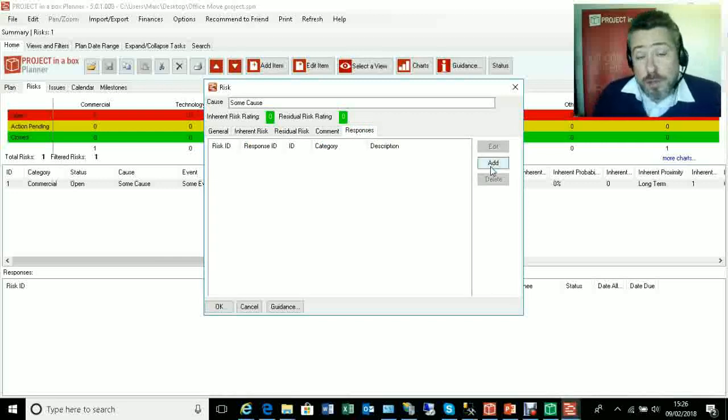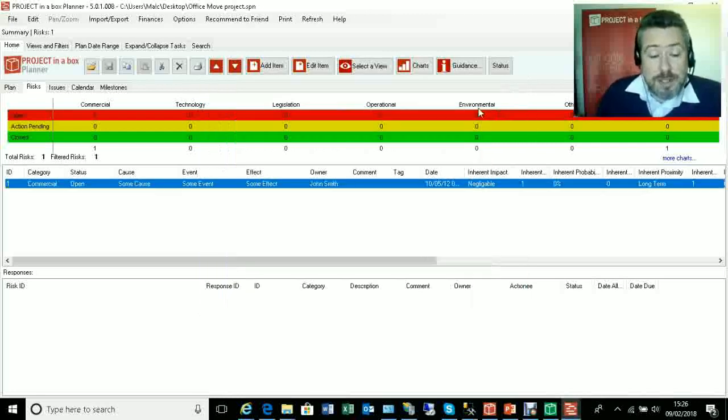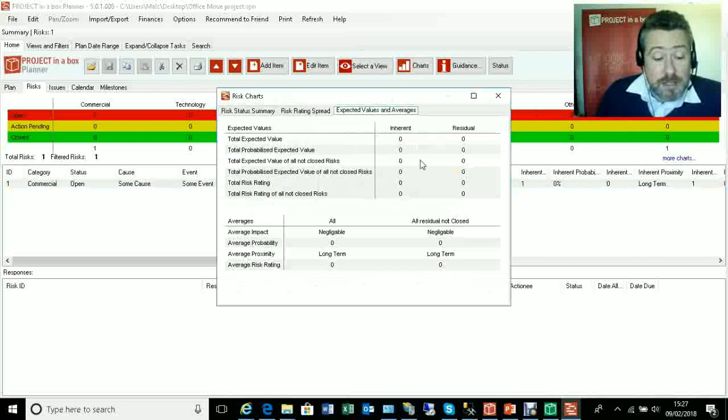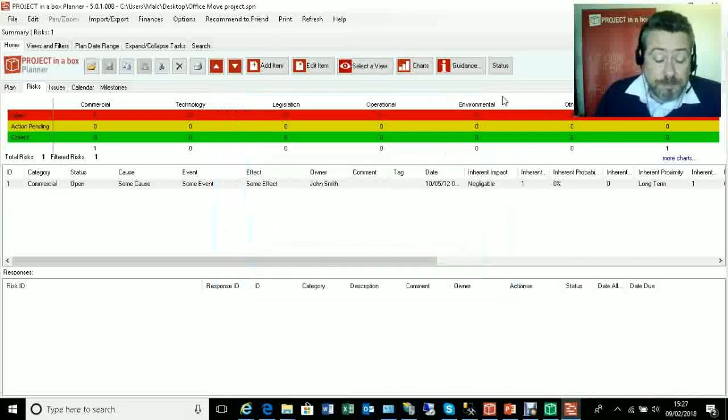So here you might have a multiple set of responses because a risk has a number of different aspects to it and a number of ways that you might address it, and each one of those is held as a different response. So it allows you to be a bit more granular about how you're dealing with the risks. And of course, if you're scoring and financing all that, it allows you to do a bit more of a detailed analysis about that data. So we can be coming in and looking at the statistics around our risk model as well.